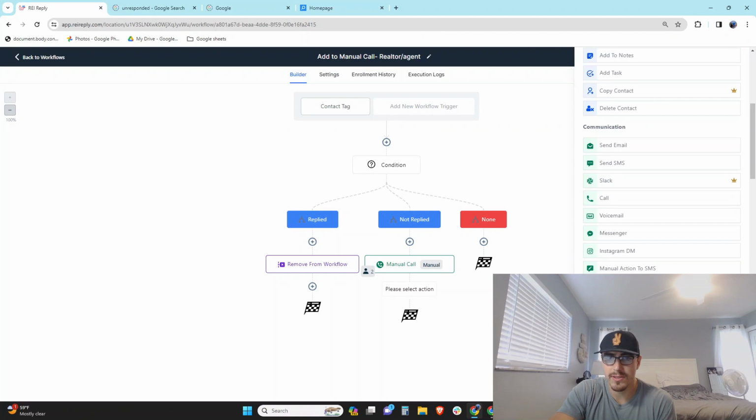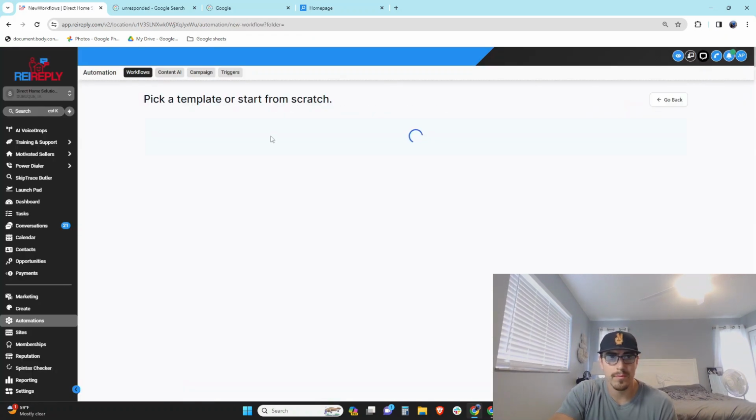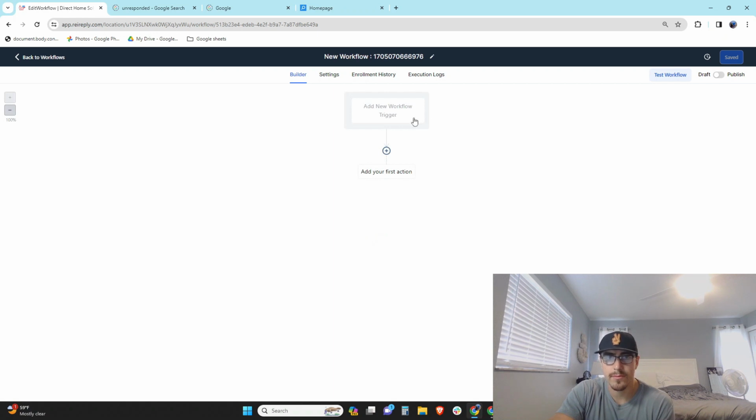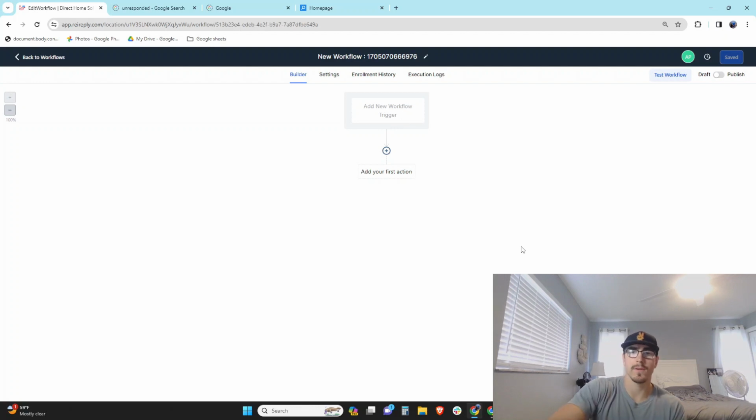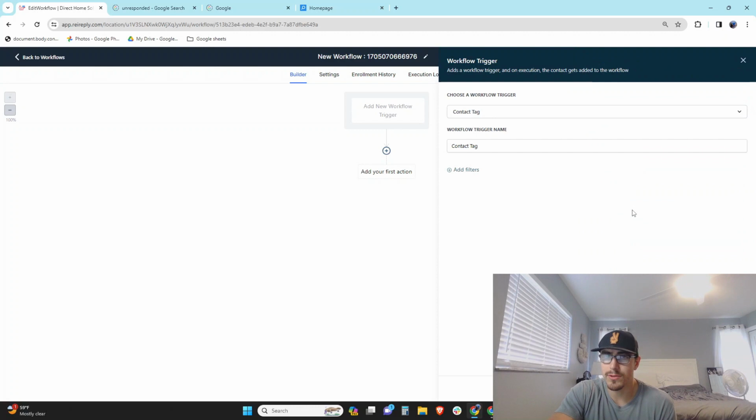So essentially, this is what the finished product here is going to look like, but let's show you how to do it real quick. All we're going to do is come over to here to create workflow. We're going to start from scratch. The workflow trigger, you can do this two ways. You can just select your contacts and manually add them to this workflow, or you could do something like add a tag to them. So like in this example, I want contact tag